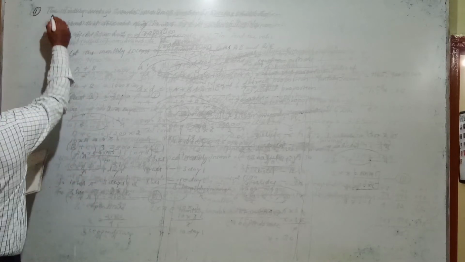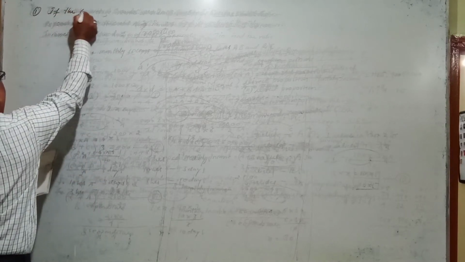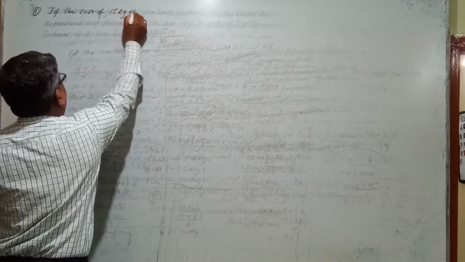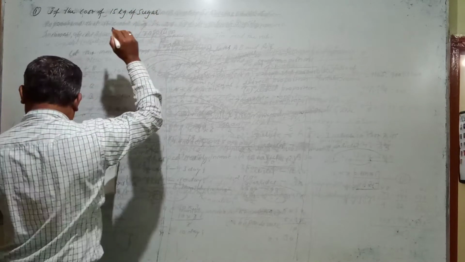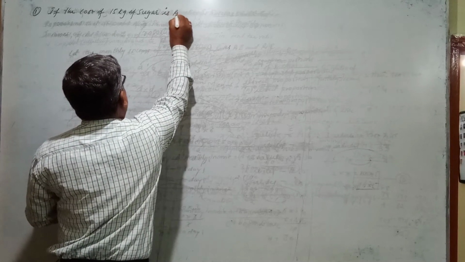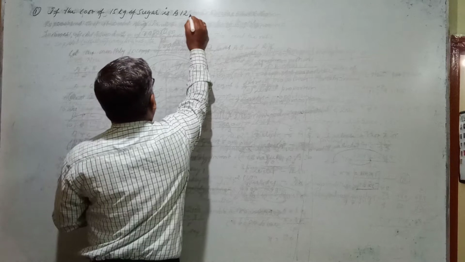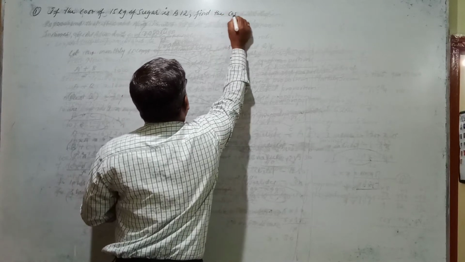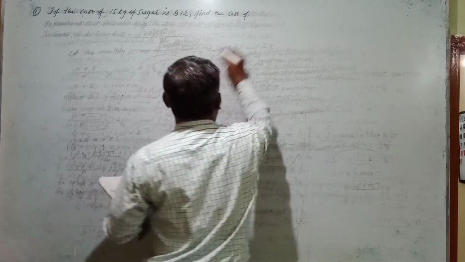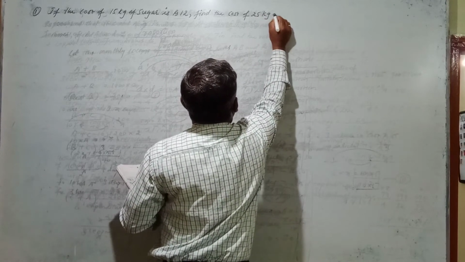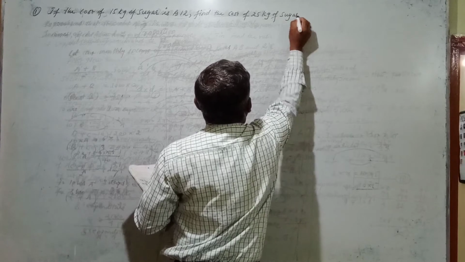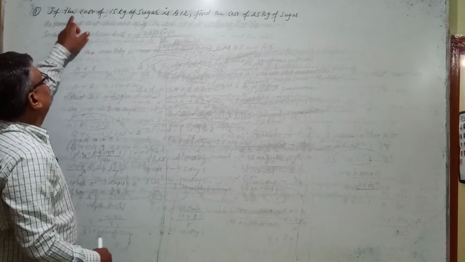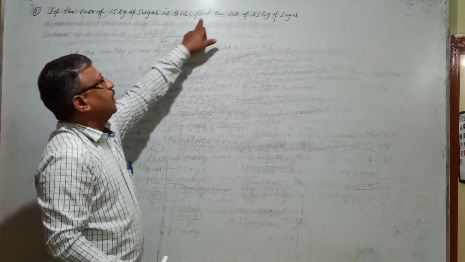Question is, if the cost of 15 kg of sugar is rupees 12, find the cost of 25 kg of sugar. This is the problem. Question is, if the cost of 15 kg of sugar is 12 rupees, find the cost of 25 kg